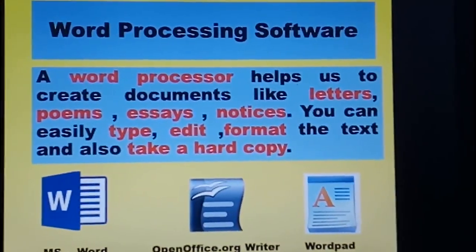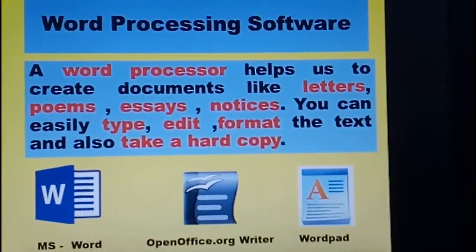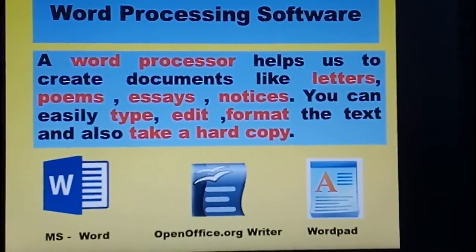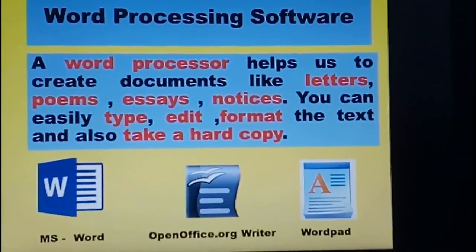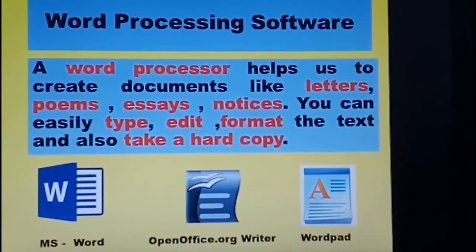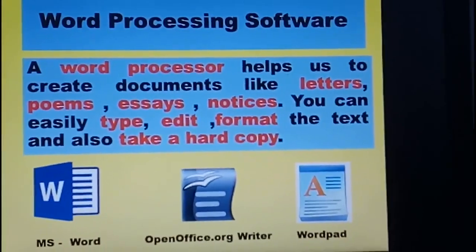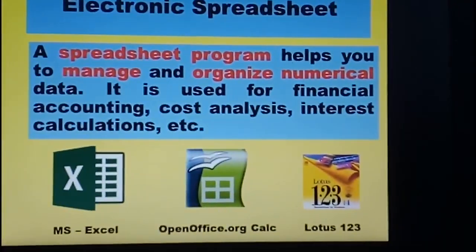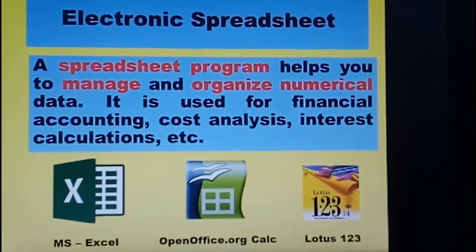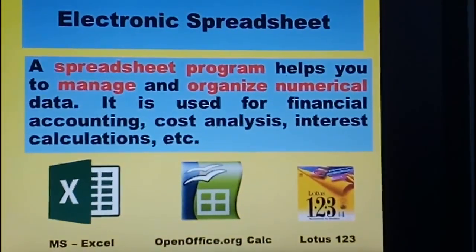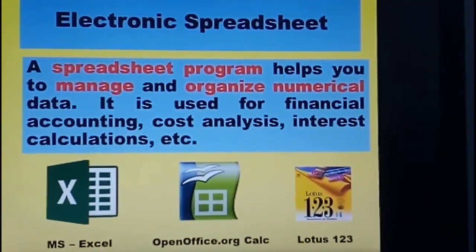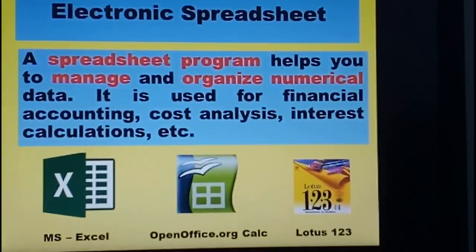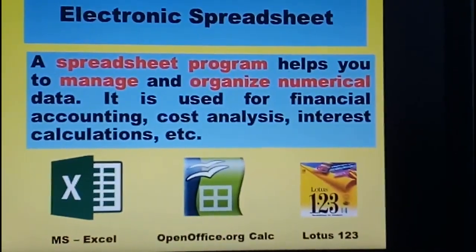Now students of class 5, I think you don't have any difficulty in typing in MS Word, editing or making changes, and formatting, that is making the text look beautiful using bold, italics, changing color and many other things. Electronic spreadsheet. Examples: MS Excel, OpenOffice.org Calc, Lotus 123. Now electronic spreadsheets are programs which you have not studied about in junior school. You will study when you go to class 6.